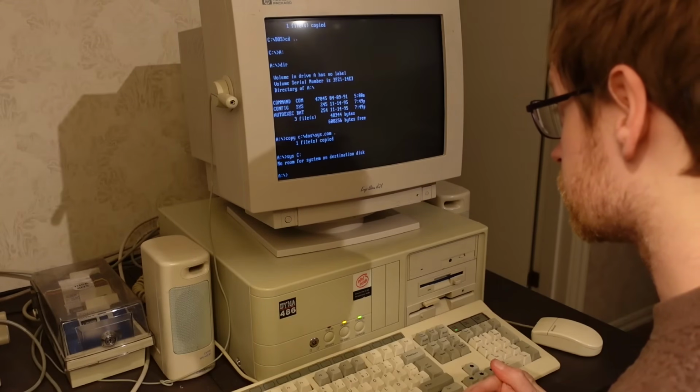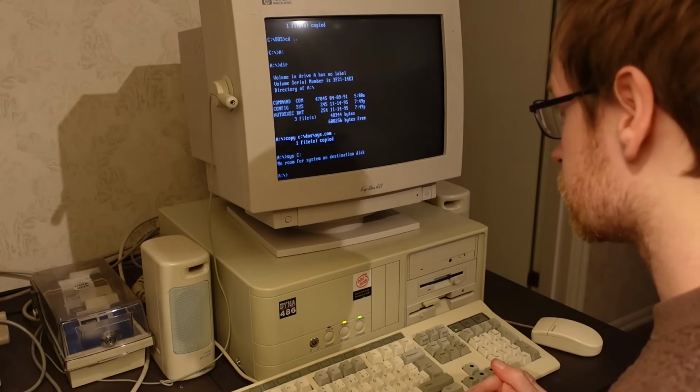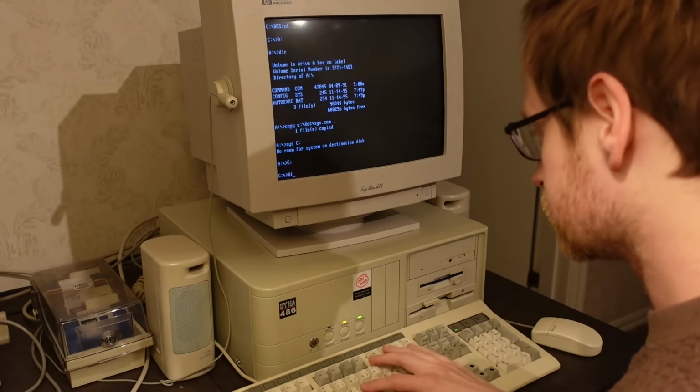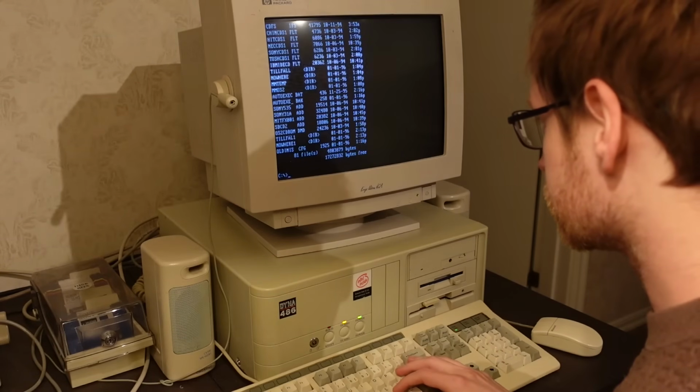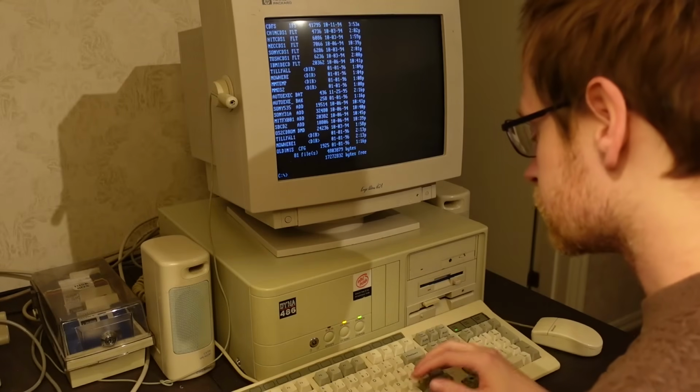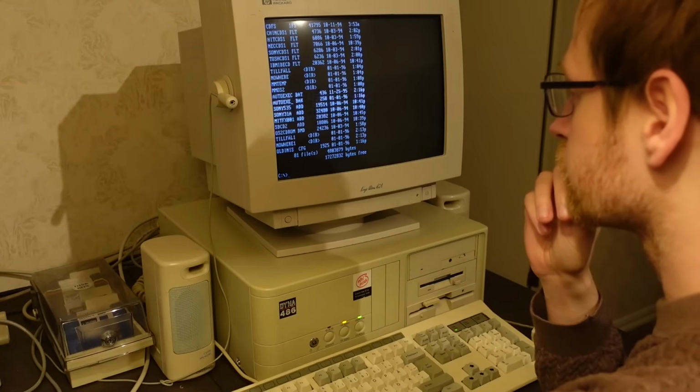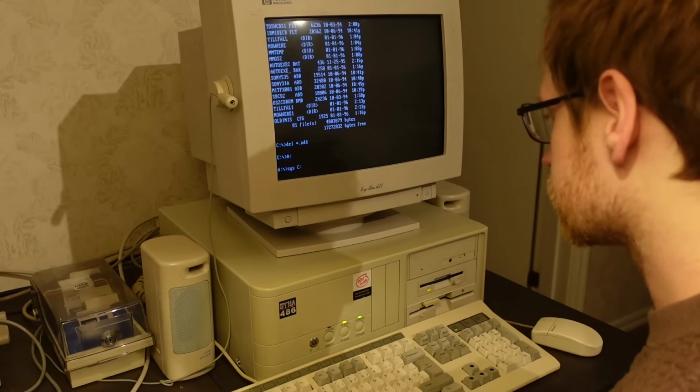FAT12 and FAT16 have a fixed size for the root directory, so there's a limit to how many files and folders you can have there. And while my C drive was a bit messy before this OS/2 attempt, it's a lot worse now. So I tried removing some OS/2 stuff from the root drive, and now I'm able to run the sys command.